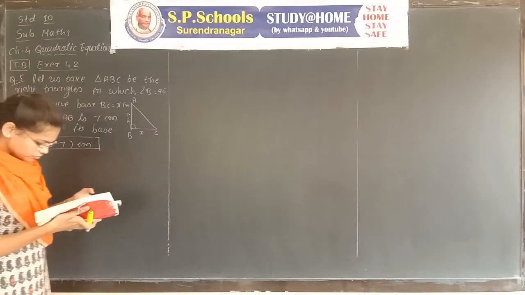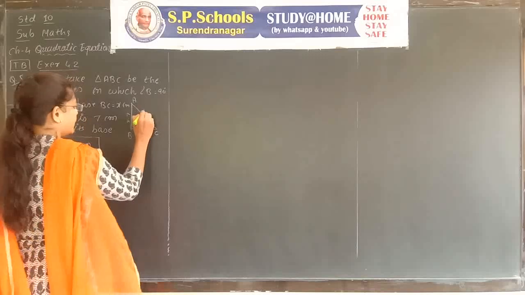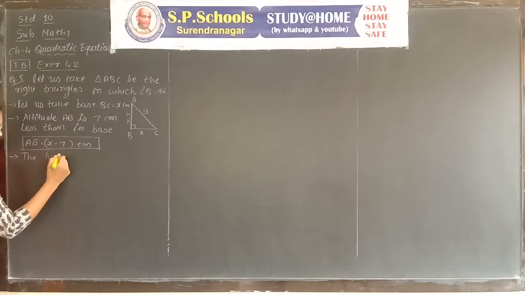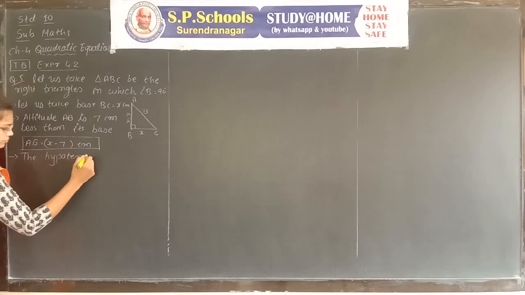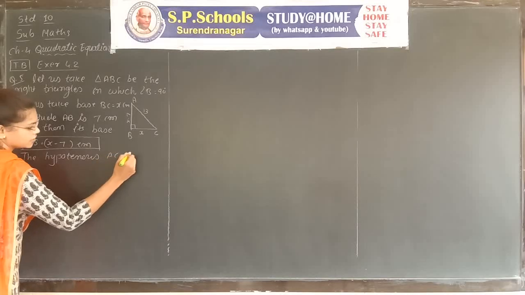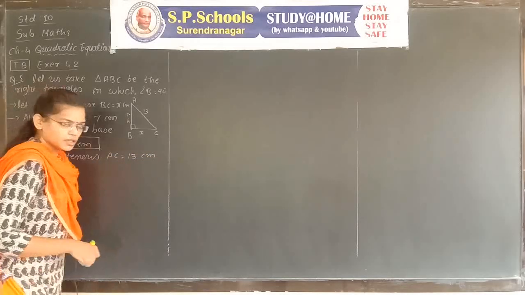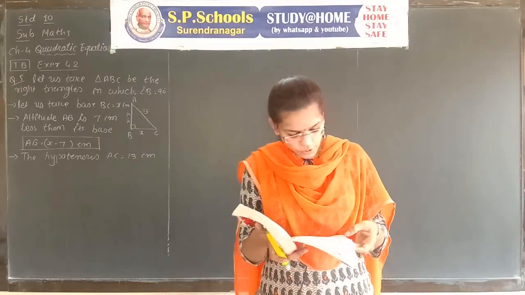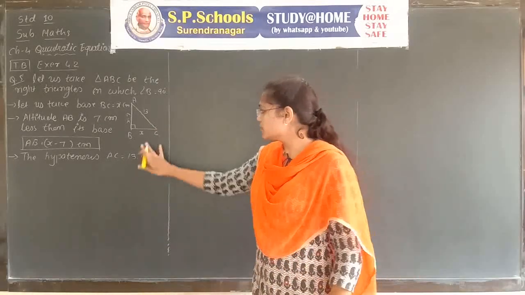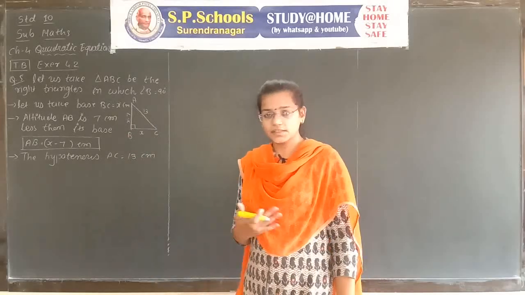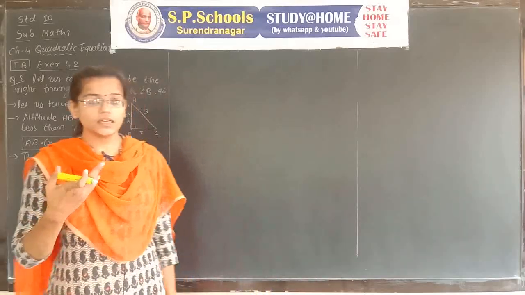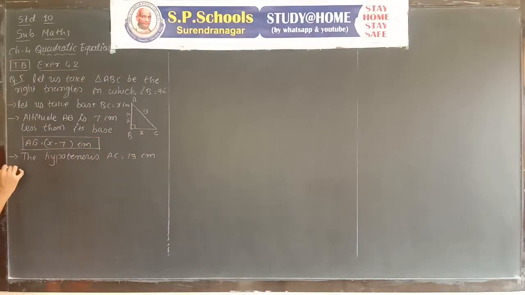The hypotenuse is 13. The hypotenuse 13 is given. The hypotenuse AC is equals to 13 cm. Now find out the condition in which the equation is obtained. We would like to find the other two sides. Other two sides means the BC and the AB. Hypotenuse is given. It is a right triangle. To obtain an equation, we are using here Pythagoras theorem.